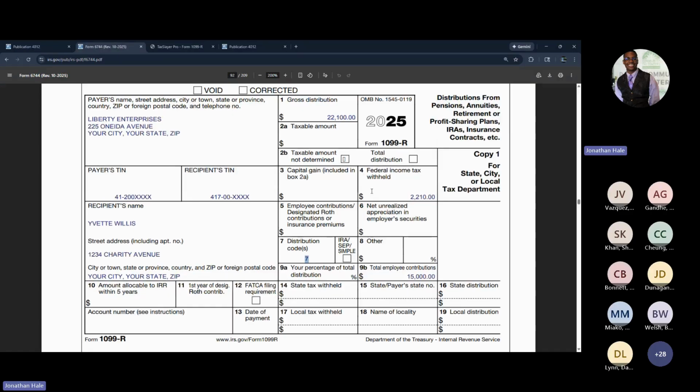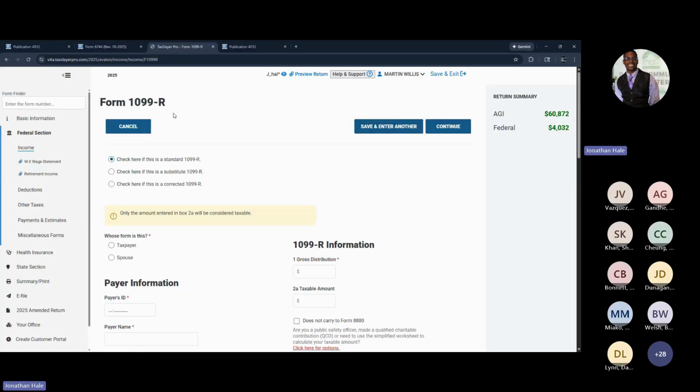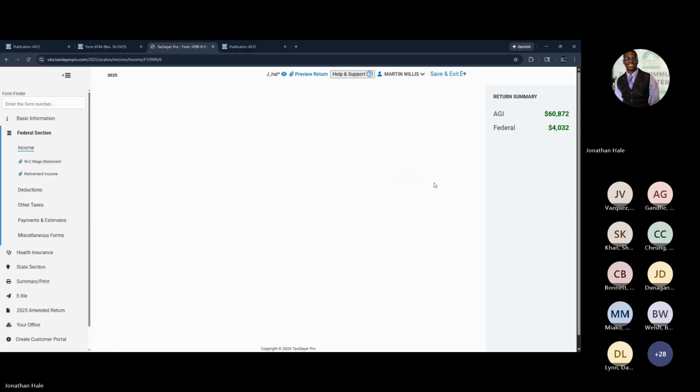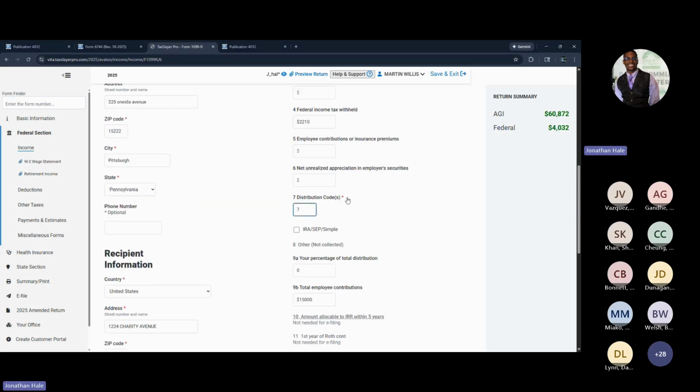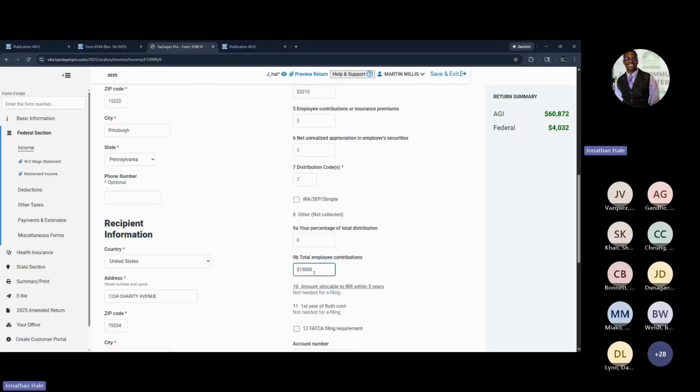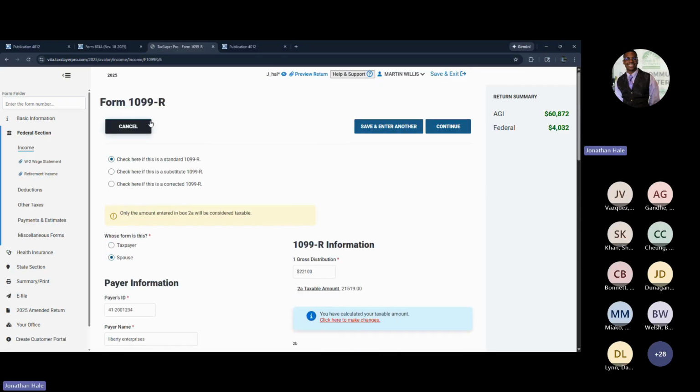And then we put in our, I'll go to the actual form now. We put in our employee contributions of 15,000. So when we're going to put in the